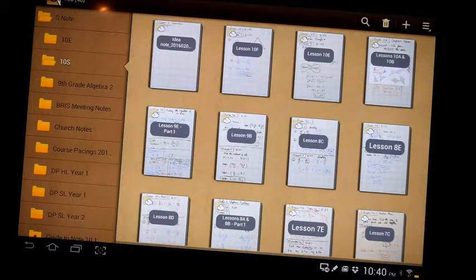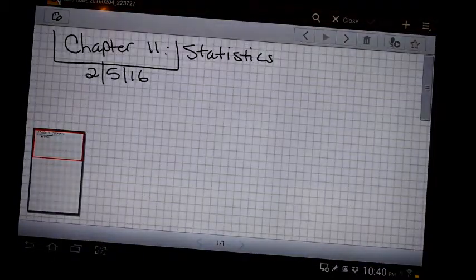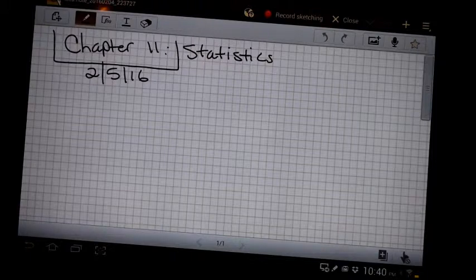We're starting chapter 11 today, and it's on statistics. Lesson A is on discrete data, which is just data that we can count, that we can see, feel, touch. It deals with numbers, exact values. So the lesson starts off with